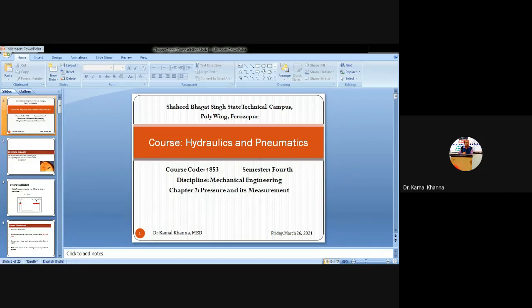Units of pressure are Newton per meter square in the case of the SI units, and in the CGS units we have dyne per centimeter square. Whenever fluid is flowing from a pipe from one point to another point, it always exerts pressure. So let us consider a vessel that is containing liquid, and if it has a small hole near the bottom, the liquid will generally flow out of it.